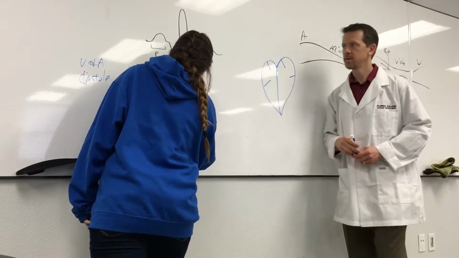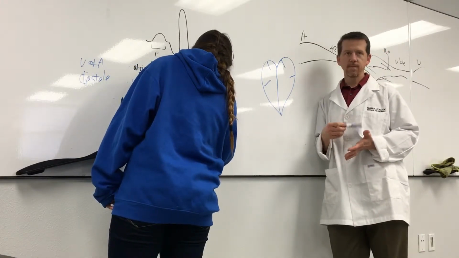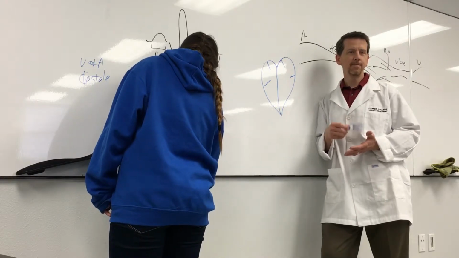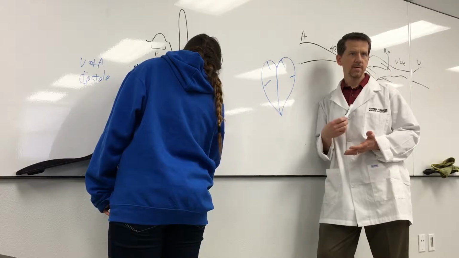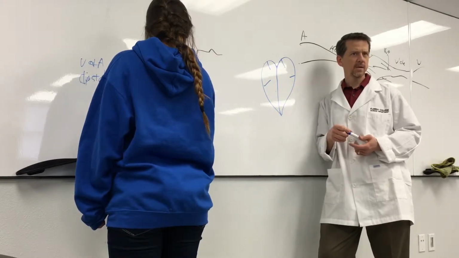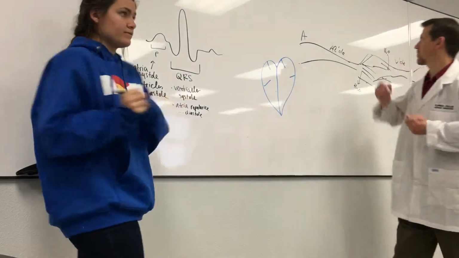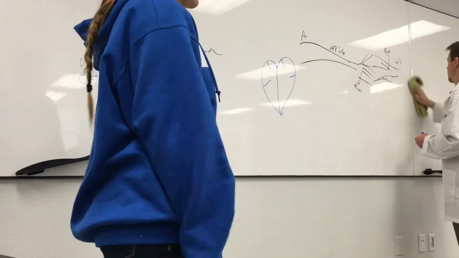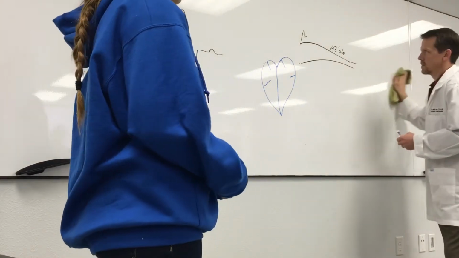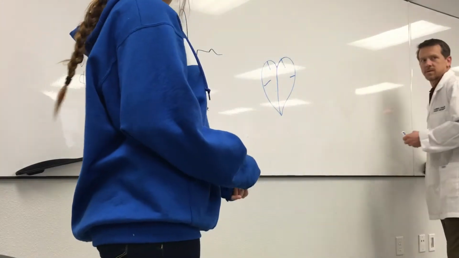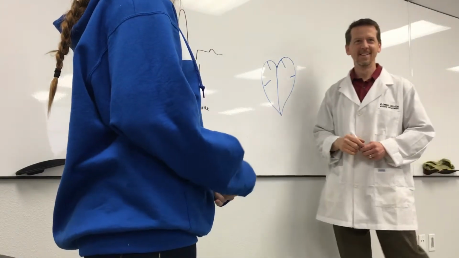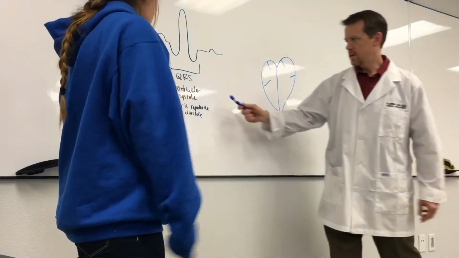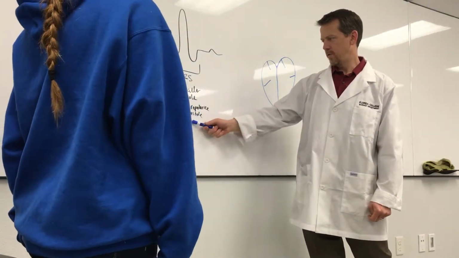So in the P wave, what kind of polarization is that? The atrial polarization. Depolarization. Right. You know what that means? It means it's getting ready to contract. Remember, it's getting less negative. The interior of the cell is getting less negative compared to the exterior of the cell. Does that sound familiar? A long time ago. But that's the same principle. All right. Good. So you get atrial repolarization there, diastole.